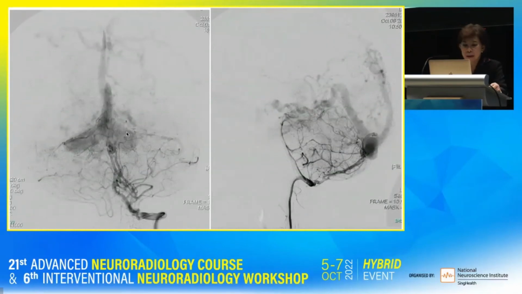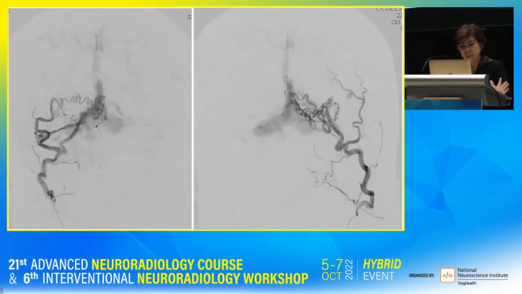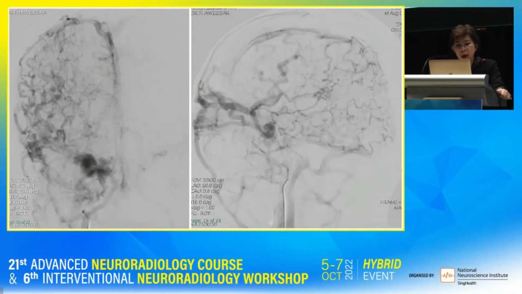And again, there is an occlusion of the transverse sinus here. It has supply bilaterally. This is from the occipital artery. Definitely in this kind of case, we choose transarterial access first. And this is what can explain why the patient has proptosis,